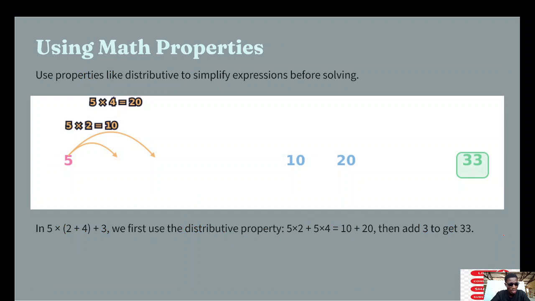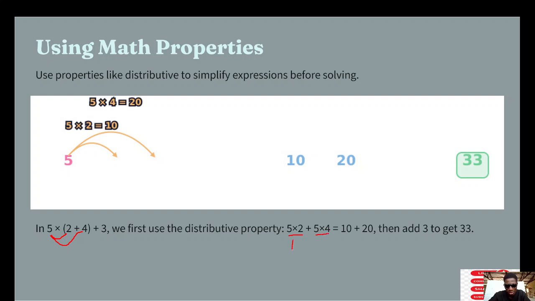So using the math properties, like the distributive property, to simplify expressions before solving them. Most of the time, we need to understand that if there is any expression that needs to be simplified, then we have to do that. So when you look at 5 times into bracket 2 plus 4 and then plus 3, we first use the distributive property where we use the 5 to distribute among this in the bracket, then 5 times 2, then 5 times 4, which gives us 10 plus